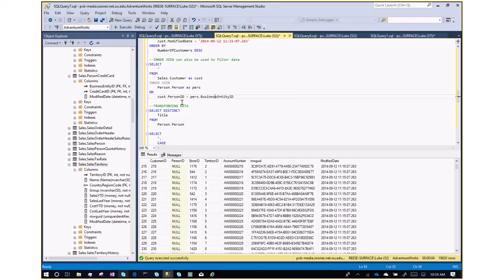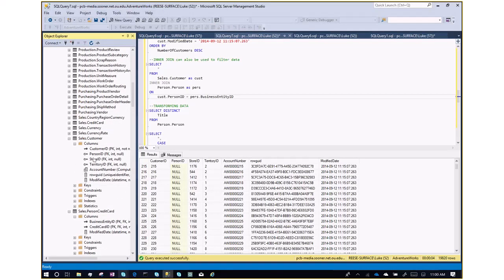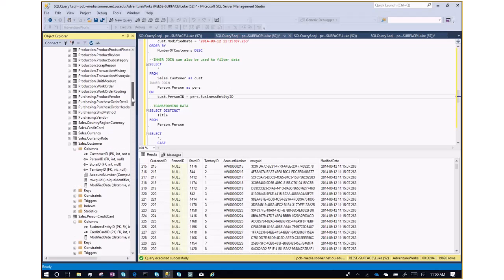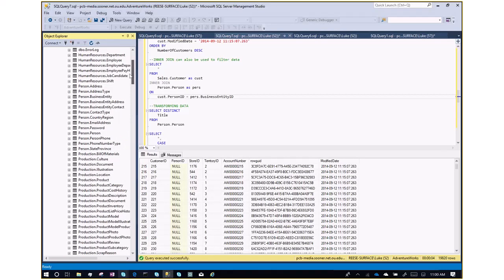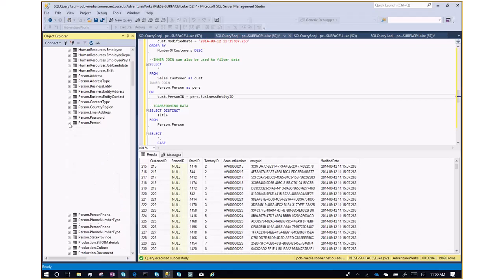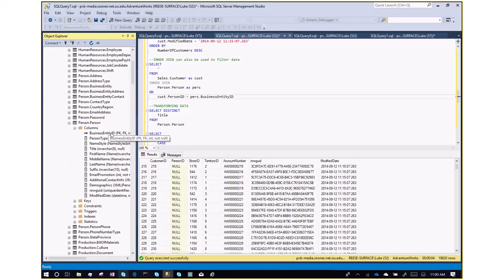Okay? Here, the naming convention is messed up because the person ID is a foreign key that is in the customer table. Where's our customer table? Yeah, it's a foreign key in the customer table, but through trial and error, I figured out that it corresponds to the business entity ID in the person table. Super annoying because it's not completely intuitive, right? We would expect this to be person ID. Anyway,